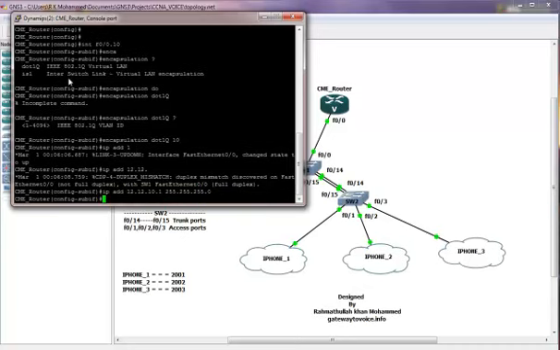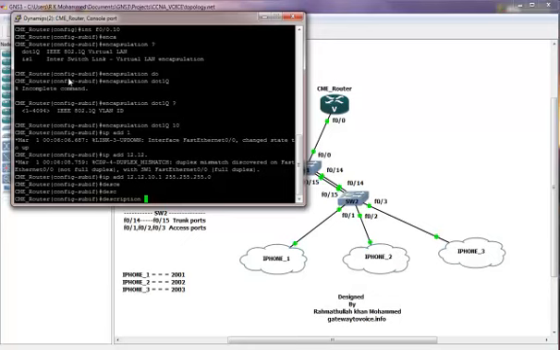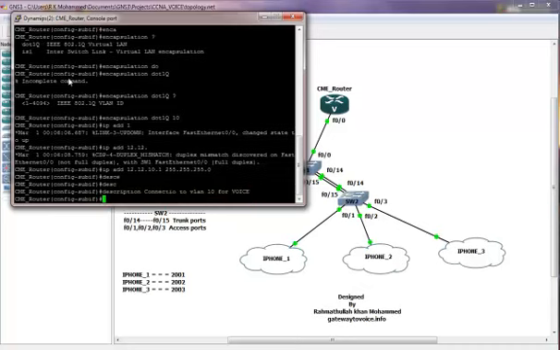Okay, and we give a description, connection to VLAN 10 for voice. Okay,